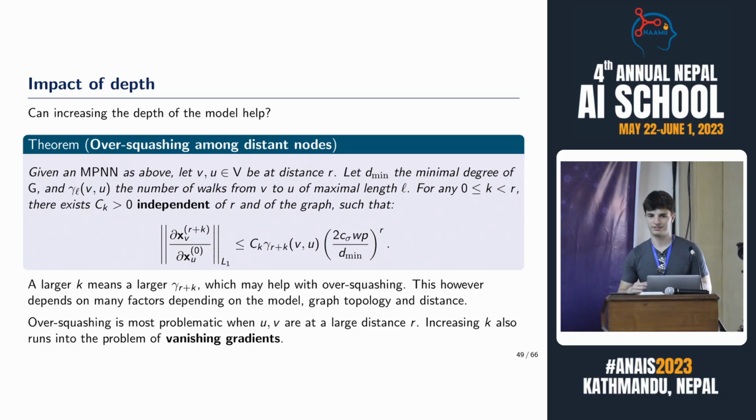This is very unstable. So going deeper is good in GNNs, but going too deep is not good. Perhaps there's some kind of sweet spot of how deep your model can go to avoid a lot of these problems,